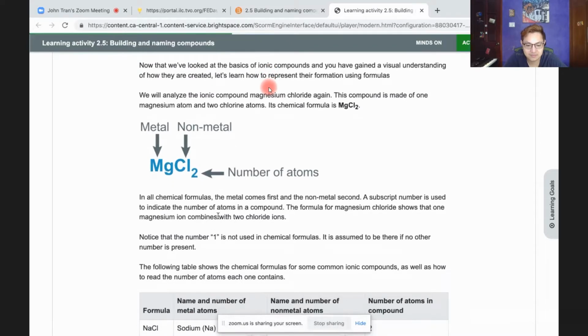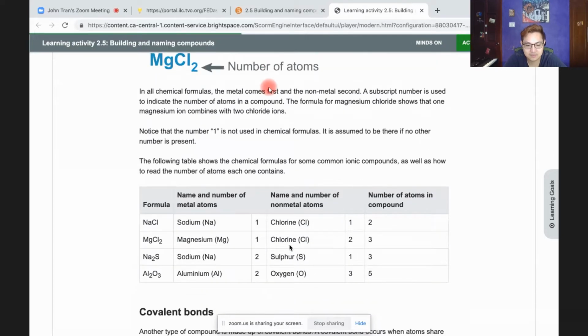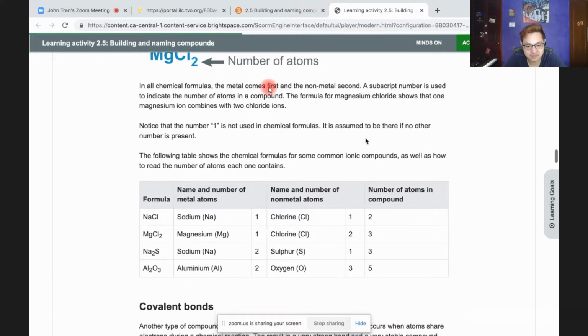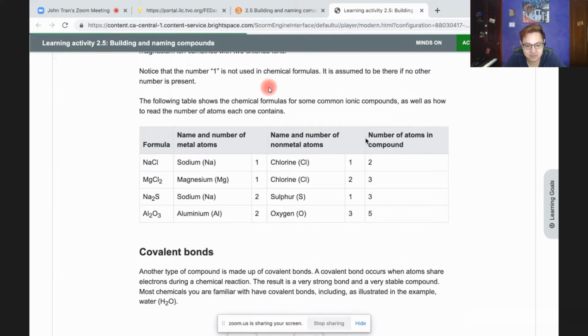The following table shows the chemical formula for some common ionic compounds, as well as how to read the number of atoms each one contains. Formula: sodium,